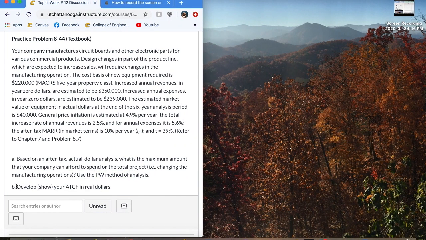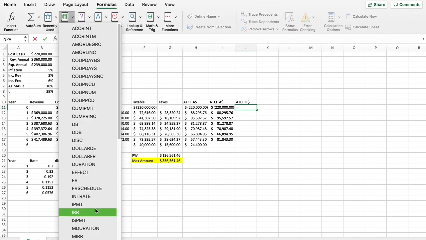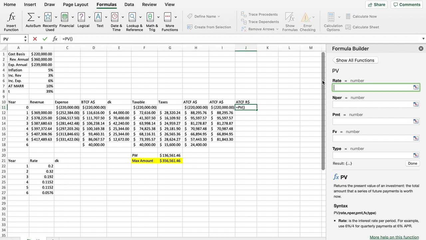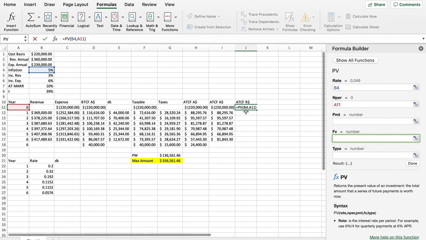So part B of the question asks us to develop and show your after-tax cash flow in real dollars. This is also pretty straightforward. In real dollars, what you're going to do is use the PV formula under the financial tab. Your rate is going to be the inflation rate, because we want to know what all this is worth now. And then the N is going to be the year 0. We don't have a payment. And then the future value is going to be